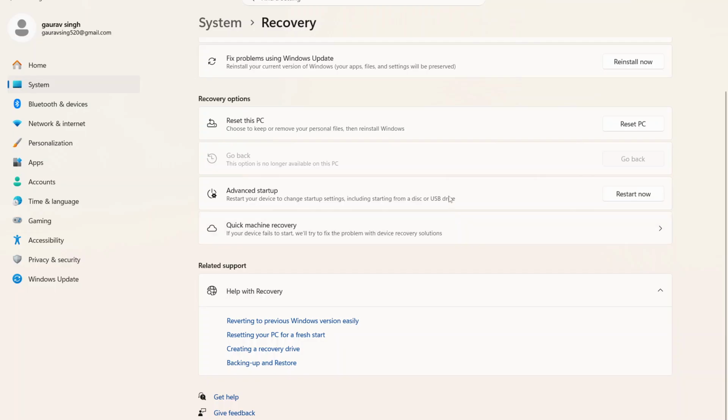Remember, these tools are here to help you maintain optimal system performance, so don't hesitate to use them whenever you